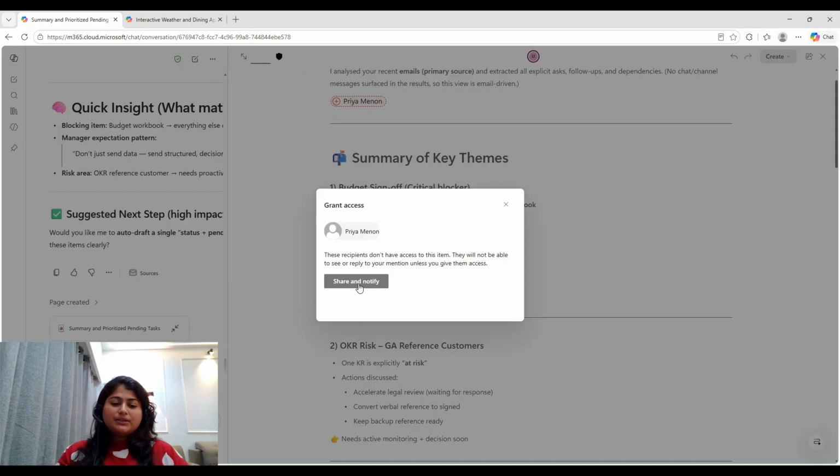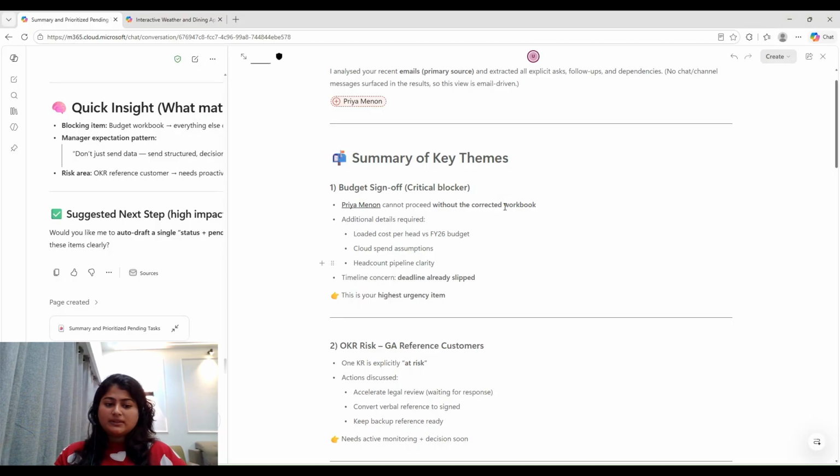So you can basically have a conversation with the Copilot, or you can schedule a prompt, or you can have the edit in pages feature available to you so that you can collaborate with your colleagues within your organization. So it comes very handy when you are working on a project with somebody and you get a very nice response from Copilot, and you actually want to share it with your colleague or maybe collaborate together. So this feature comes very handy.